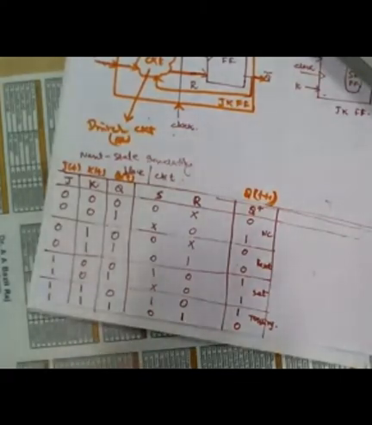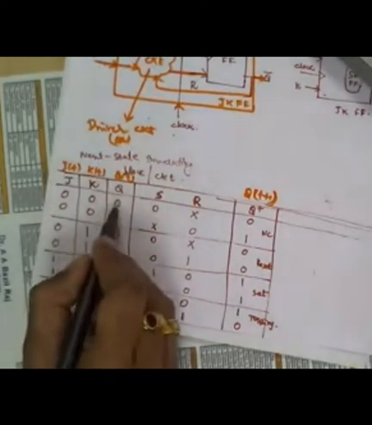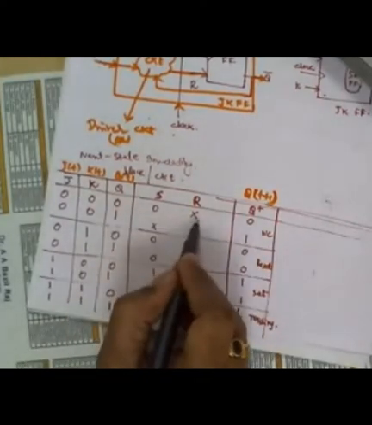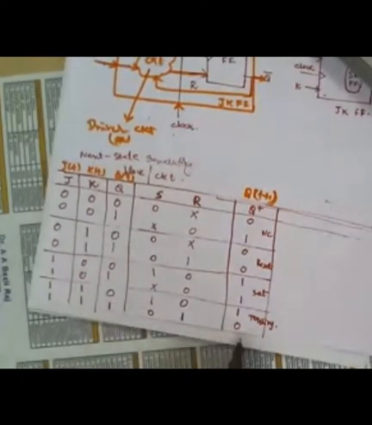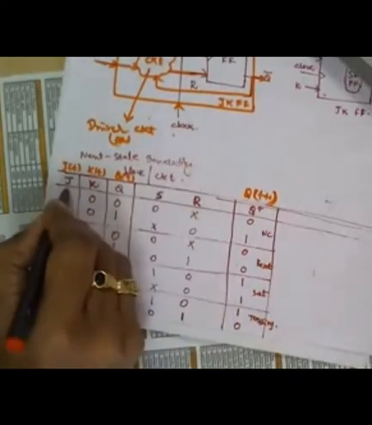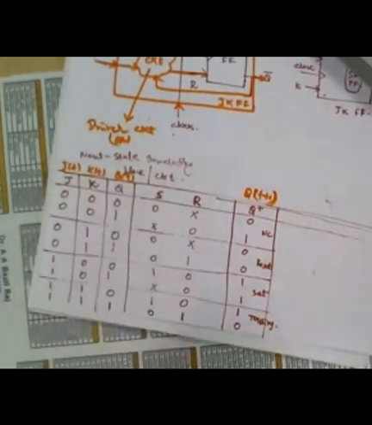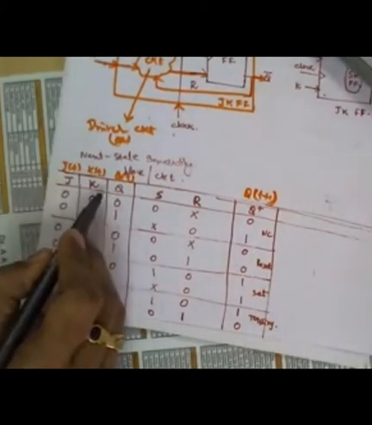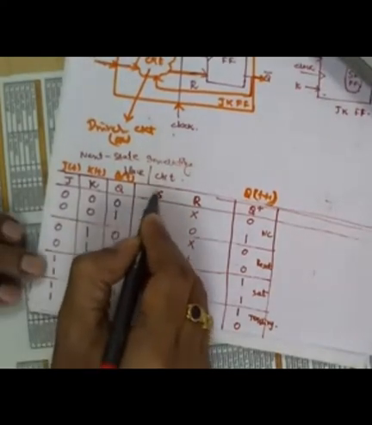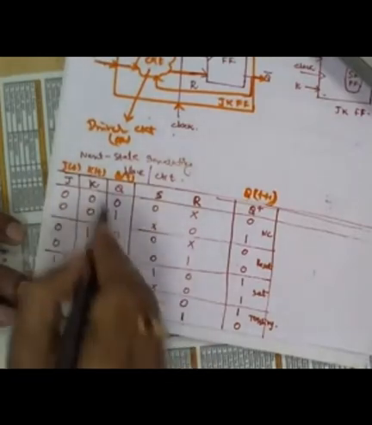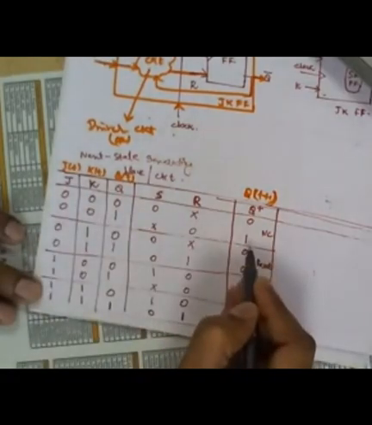Okay, fine. Now we got that for 0 to 0, S and R should be 0x. In the same way, for 1 to 0, S and R should be 0 and 1. Now I am going to generate the combinational circuits, right? For generating S as a function of J, K and Q, the J, K, Q can be applied into the combinational circuit. That circuit will generate the suitable S to generate this output.